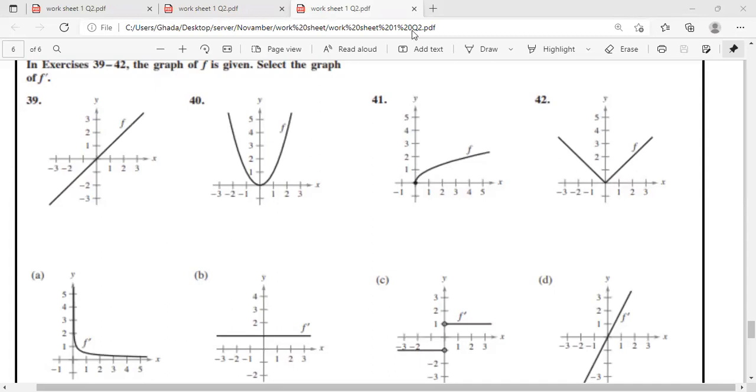In our session today, we will continue the answer of worksheet 1 in quarter 2. In exercises 39 to 42, as you see, the graph of the function f is given. We would like to select the graph of its derivative. Before I solve these exercises, I'd like to show the sketch of the graph of the derivative of any given